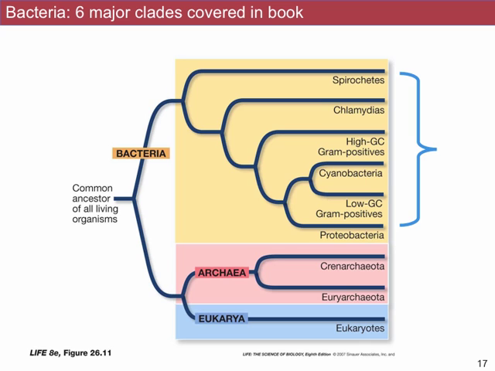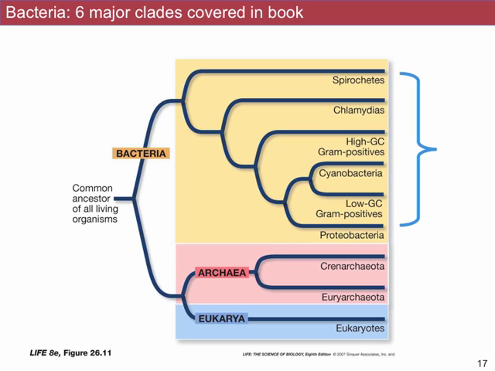If you look at the tree in the book, there are 6 major clades of bacteria represented in that tree. The exact topology of this tree is, they probably should have used something else. Many people right now think that, for example, the groups called low GC gram-positives and high GC gram-positives are probably sister taxa and should be next to each other in the tree. As I mentioned before, that suggests that gram-positiveness evolved once in the phylogeny of bacteria. So the exact topology of this tree is to be taken with a large grain of salt. But we're going to focus not on that topology, but on the individual groups here.